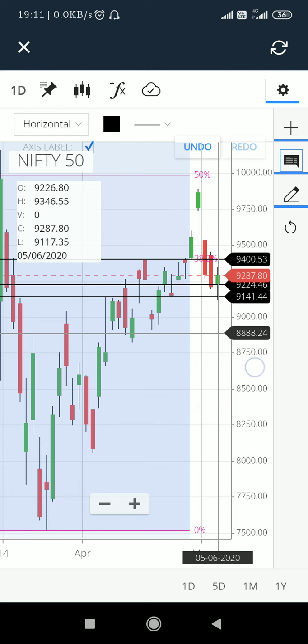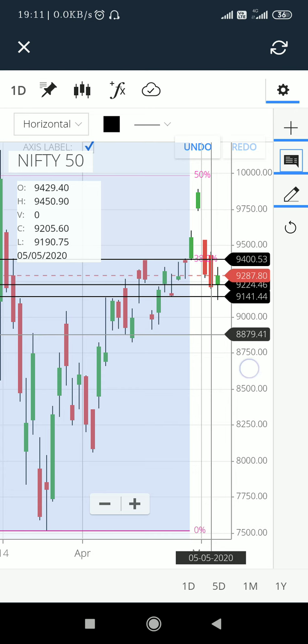Not more than that, as I was expecting a 100 points target today, but it was not achieved, and Nifty 50 reversed from the midterm level. So if anyone entered in the futures, then they can exit at cost to cost or at a small loss. No issues in that.